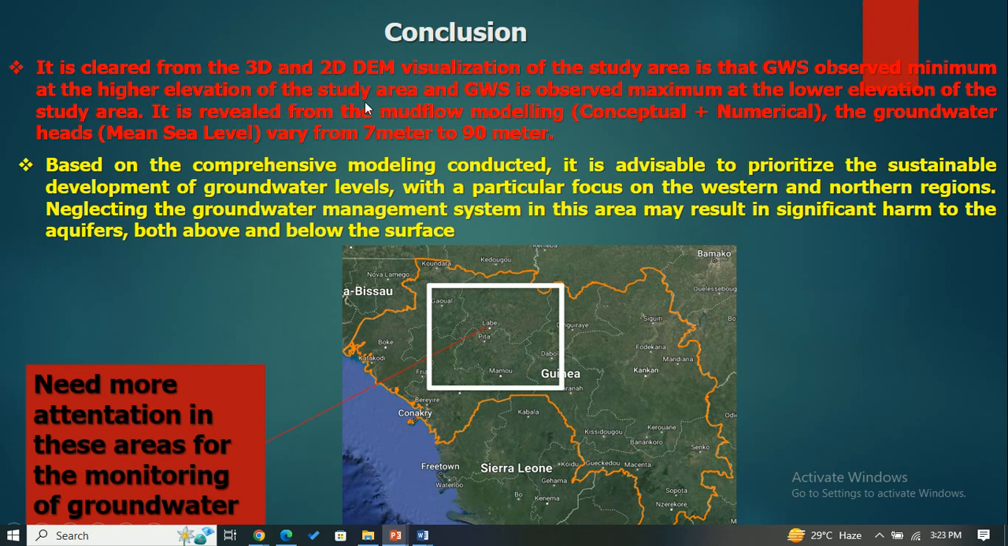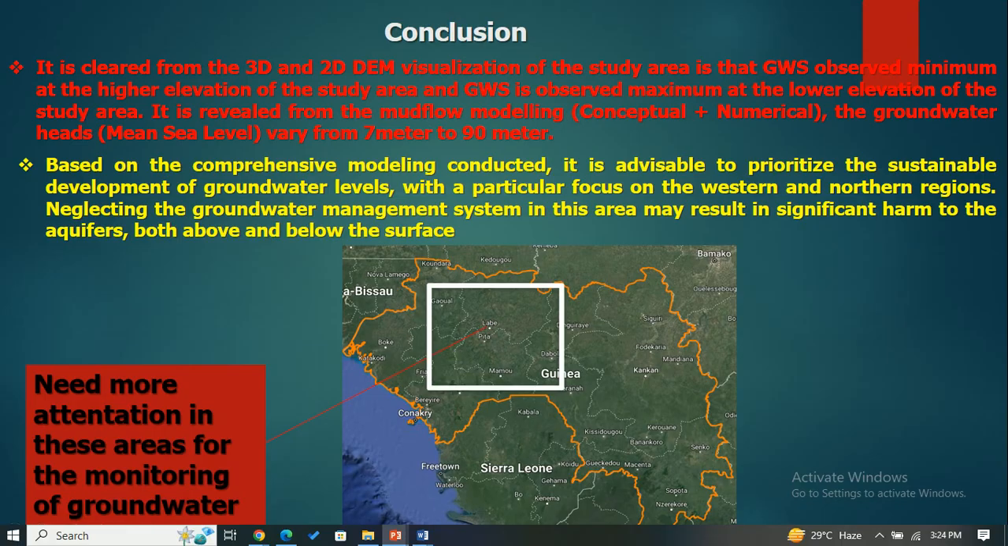It is clear from the 3D and 2D DEM visualization of the study area that the GWS is observed minimum at the higher elevation of the study area. And finally, based on the comprehensive modeling conducted, it is advisable to prioritize the sustainable development of the groundwater level with a particular focus on the western and northern region. And this is the reason we have to consider these areas,